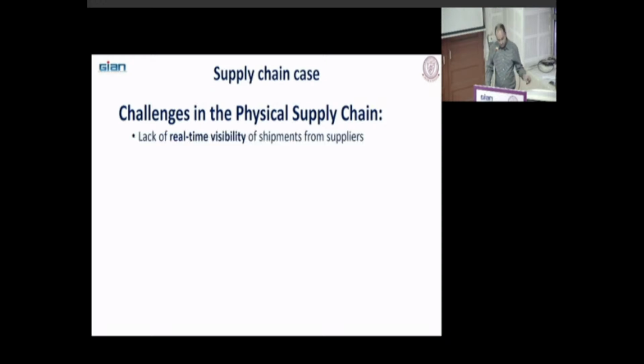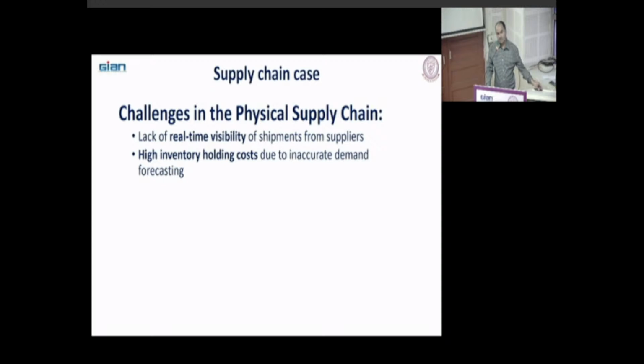Lack of real-time visibility of shipments from suppliers. So we have got the 2 suppliers, and normally this company is facing some problems when the supplier sends the delivery to the manufacturer. They don't get the real time update where is that delivery, how much time they take to reach their manufacturing plant. So lack of real time visibility of shipments from suppliers, high inventory holding cost due to inaccurate